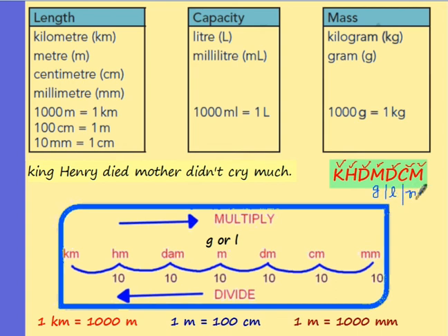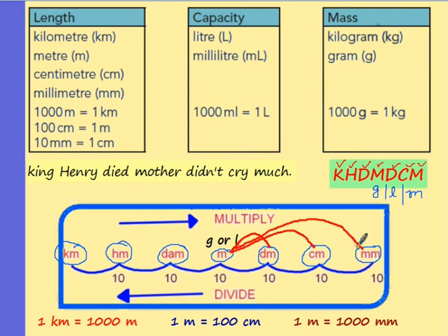So kilogram, hectogram, decagram, gram. Sorry, I am using kilometer, hectometer, decameter, meter, and decimeter. Decimeter is a 10th of a meter, and it is 10 times. So this is centimeter, this is millimeter. Everywhere we have the relation of 10. So meter is 10 decimeter, 100 centimeter, and 1000 millimeter. That way you can combine.